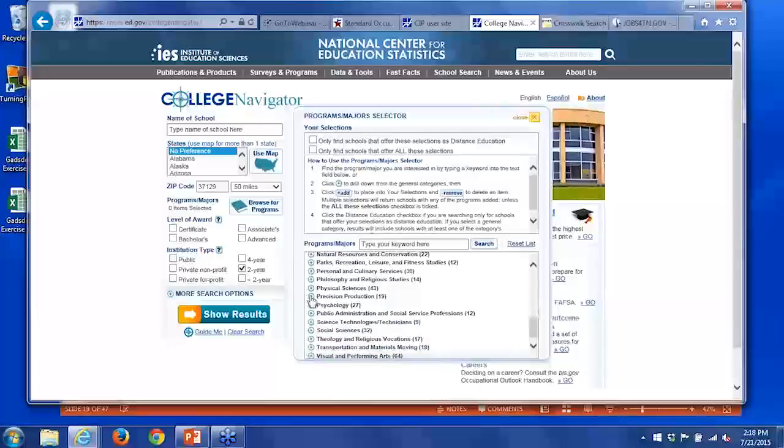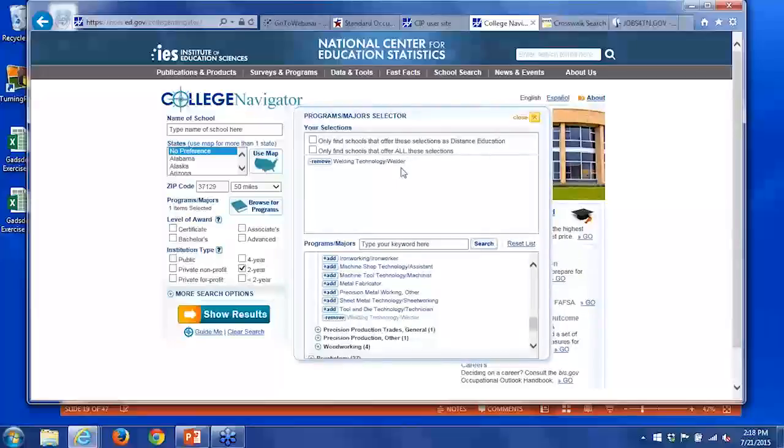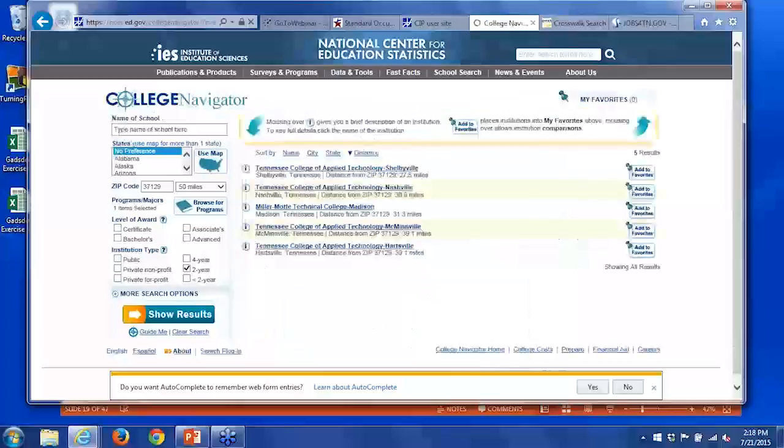So I'm going to precision production. Then I'm going to go for precision metalworking. And then I'm going to select welding technology, welder, and click add here. That adds it to the search fields, and then I'm going to click show results. And as you can see, this shows that there are 5 schools within a 50-mile radius of TCAP Murfreesboro that are offering welding